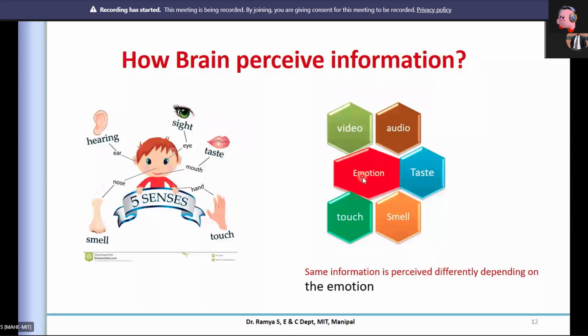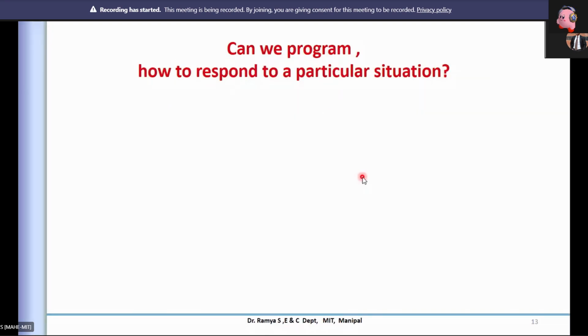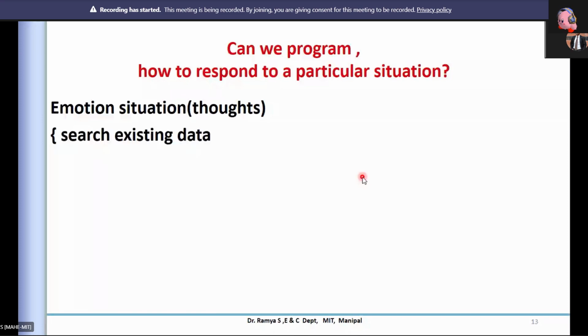Okay, so we have seen that there is always an emotion attached to what we perceive or what we collect as data. So the question is, can we change the way we respond to a particular situation? Now let us put this into a function. We are already aware of C++ programming. Can we have a function? I put a situation as a function or event, and I'm passing a thought as a parameter. I may have a different thought process, but ultimately how I react depends on what emotion I have, at the end, as the return value.